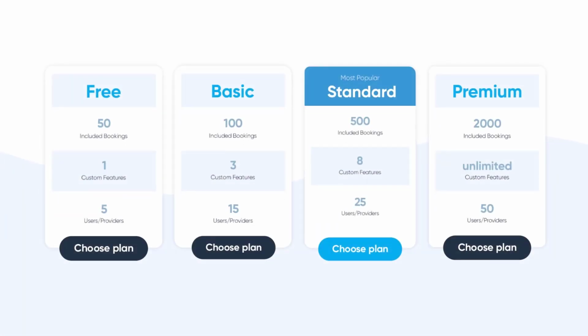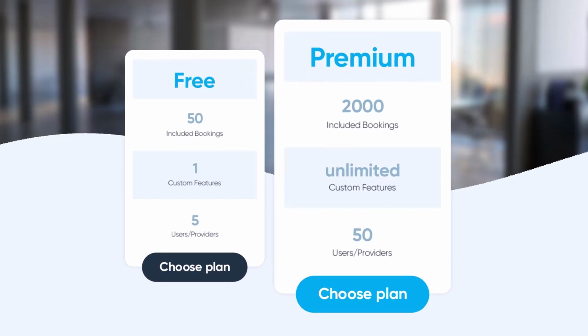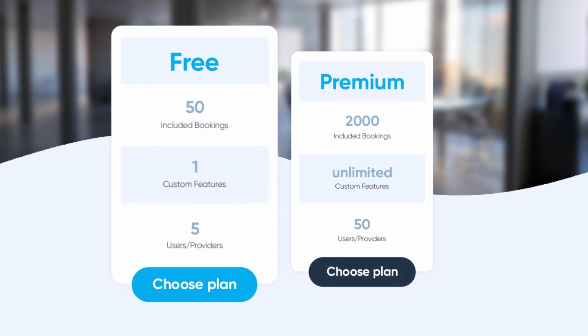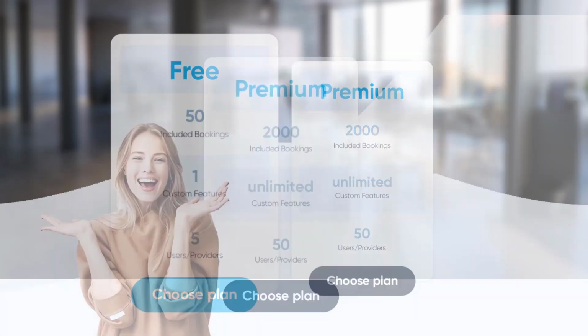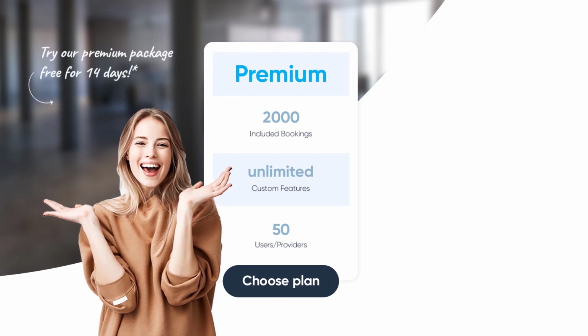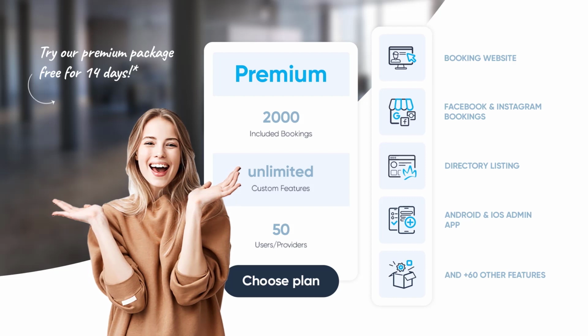You will be able to activate a specific amount of custom features depending on the subscription plan you're using. For instance, the premium plan does not have a custom feature limit, while the free plan only allows enabling one paid custom feature at a time. New users can enjoy a 14-day trial to test out various features and determine which ones will accommodate their requirements.